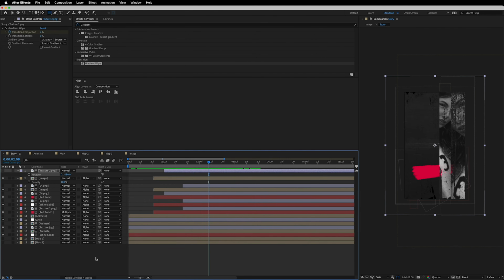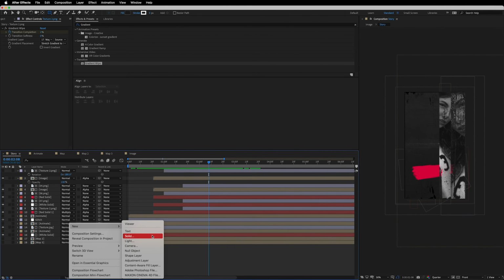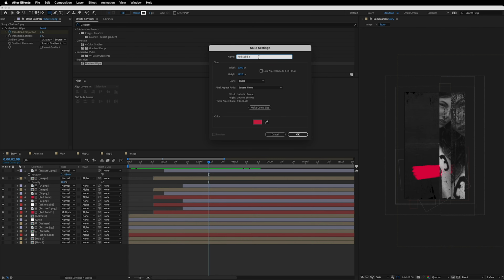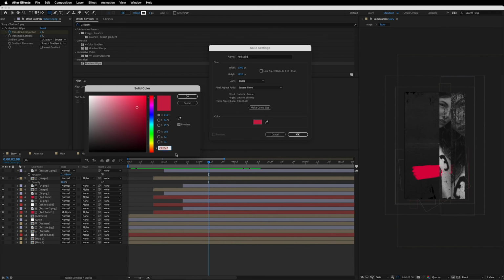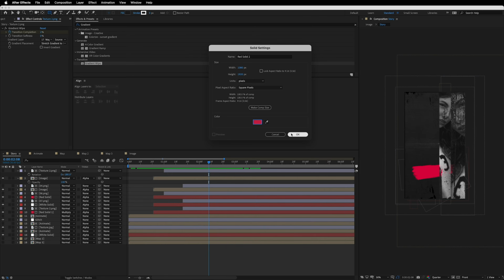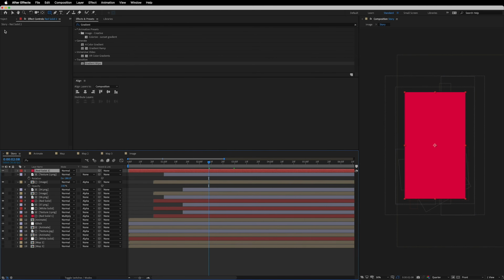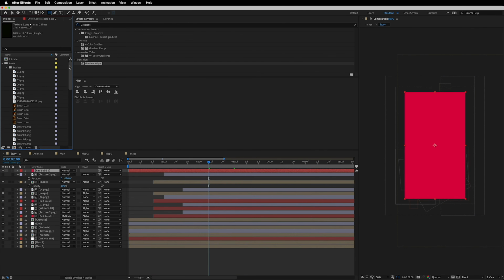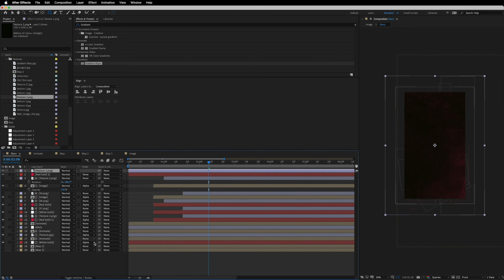So after this, what we'll do is we'll quickly create a new solid, and it's fine if we again just call this layer as red solid, and then for the color we'll again use the hex code which we have been using throughout the animation, which is CA2047, and then hit OK. Alright, and let's again go back to the project window and quickly bring in the same texture2.png on top of the red layer. Okay, and now we'll change the mode of the red layer to multiply and also the track